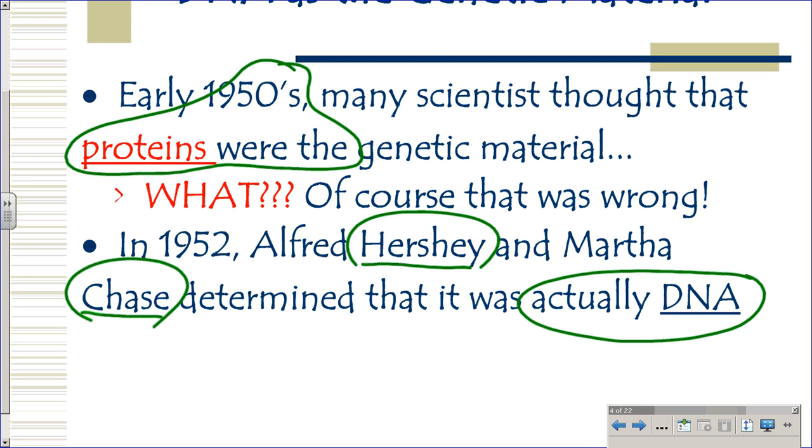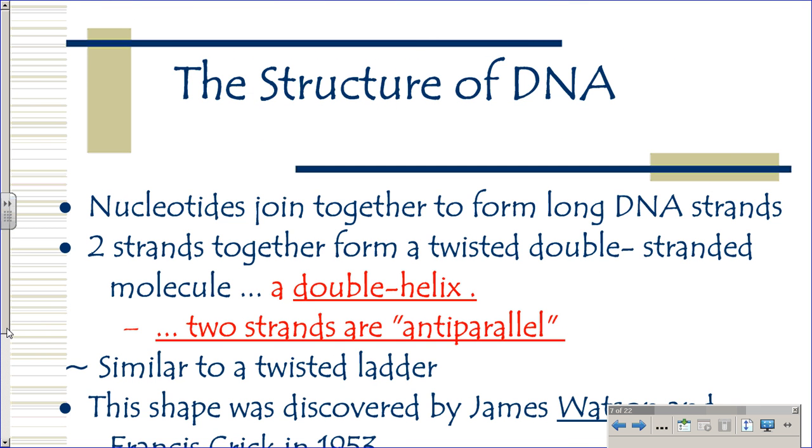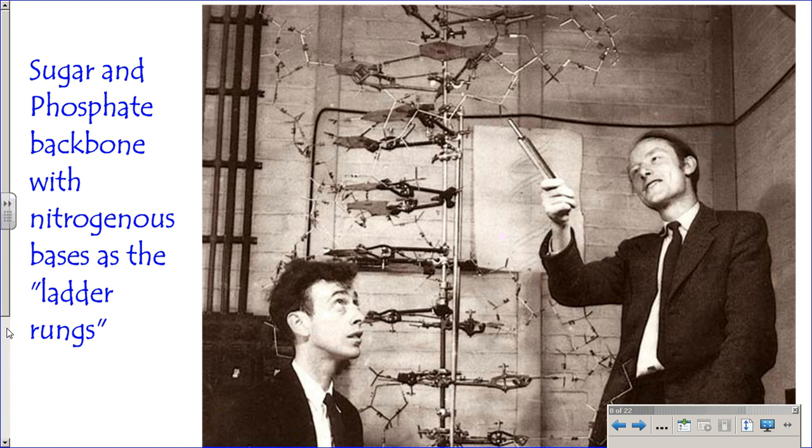All right, who are some more names that pop in your head that you remember about DNA from middle school? Yes, Watson and Crick. Those are the next two scientist names you should know. So Hershey and Chase said, all right, no proteins, yes DNA. And then Watson and Crick, I'll go right to them real fast. These two guys, I don't remember who's who, they discovered that the DNA looks like this. Can you see this shape? What's that called? Double helix. So they discovered the double helix. They had some other help too.